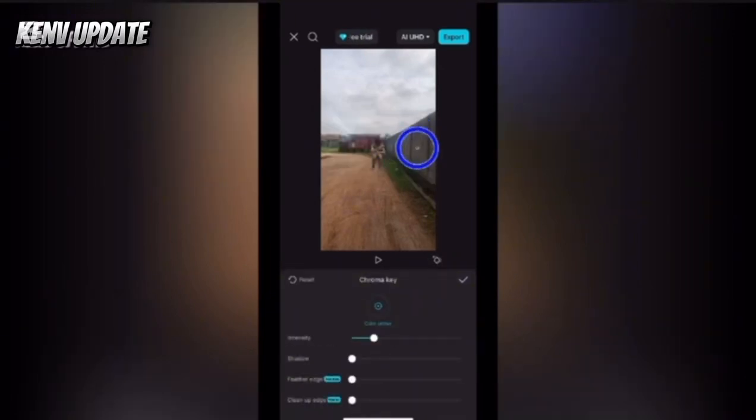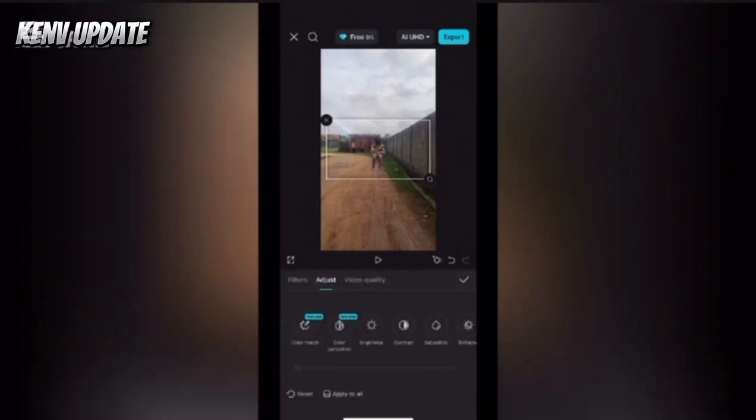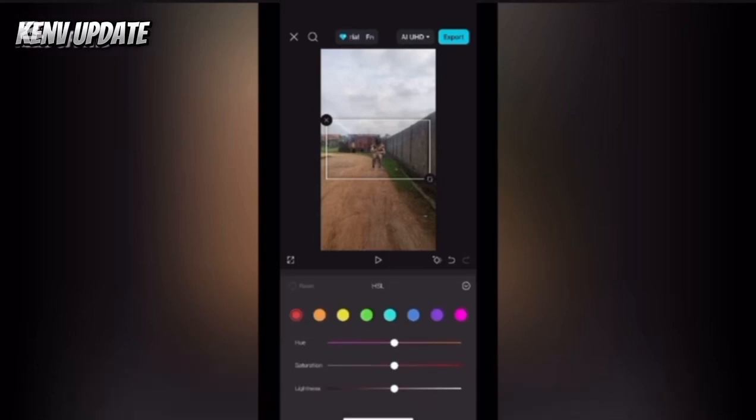Chroma key. You drag it. You mark on this, good. You click it again to look for adjust. Alright, okay. Click on adjust, look for HSL, click on HSL, mark on that green, that blue there, saturation, then